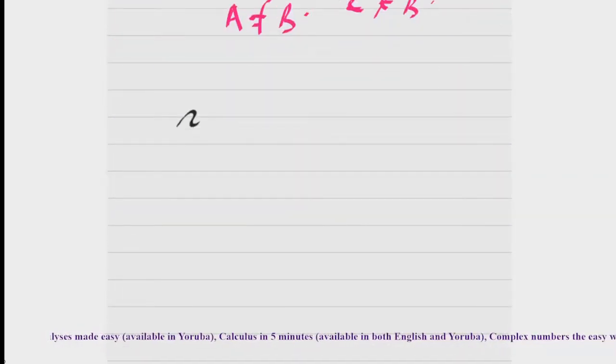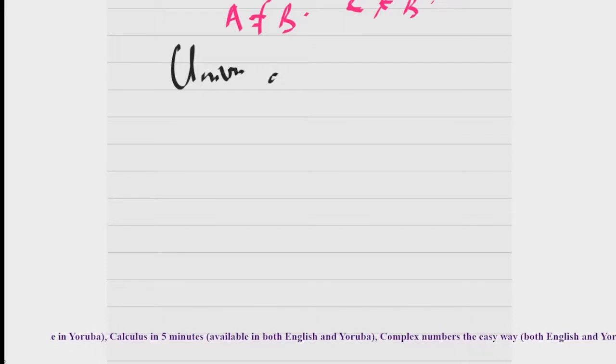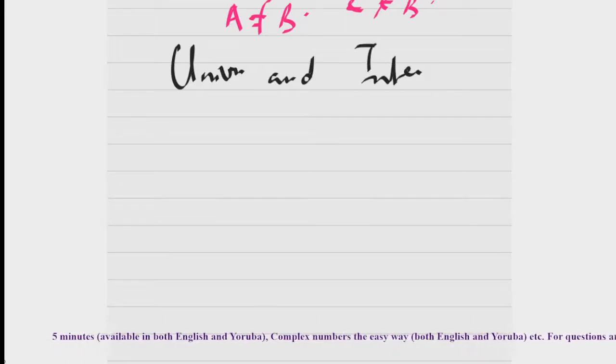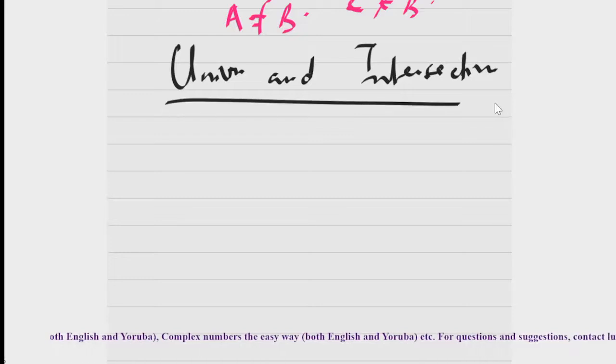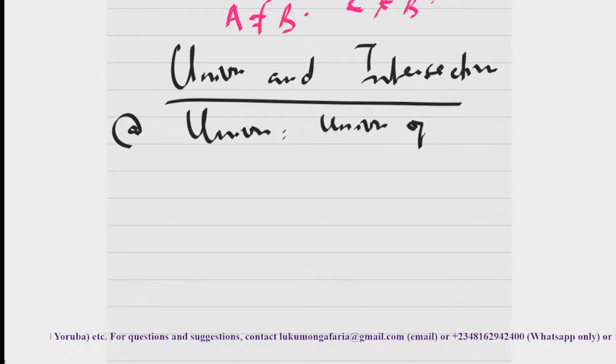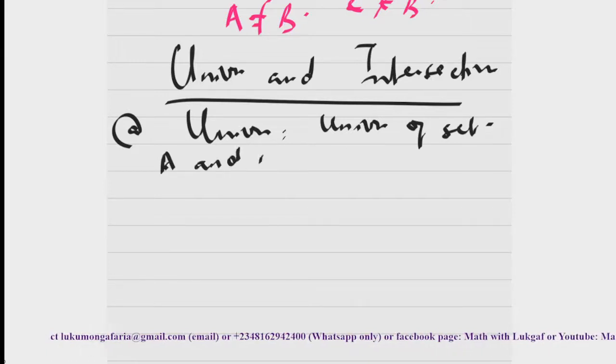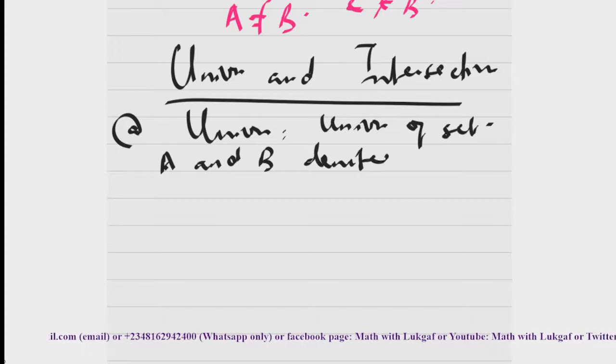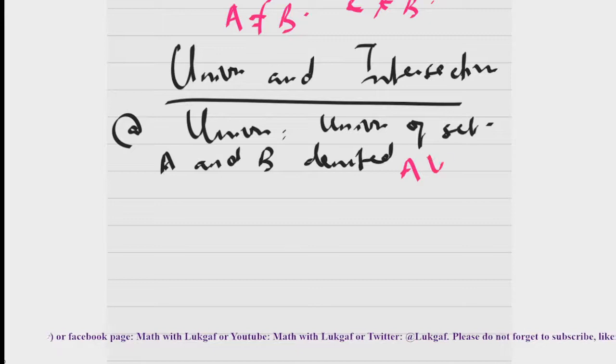Another term I'm going to describe is union and intersection. It's not difficult as well. Let me take union first. When you say union of sets A and B, it is denoted by this. You can denote union as this, a cup-like symbol. You understand now? So the union of A and B, which is denoted by A cup B,